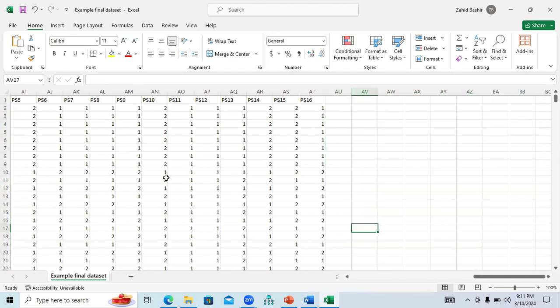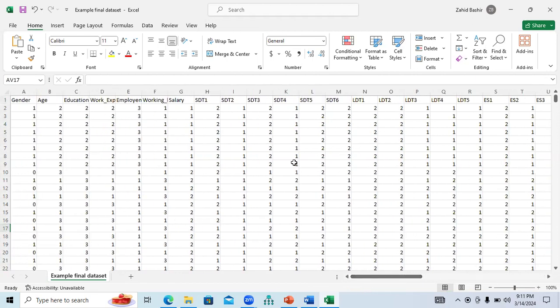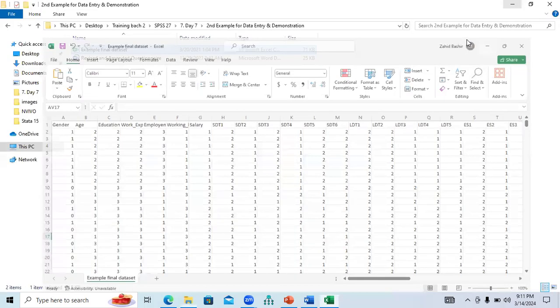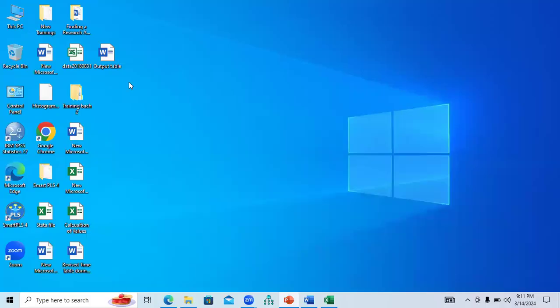So let's suppose I need to use this data. How can I use this data in order to create a summary graph? So let's suppose I need to open here my IBM SPSS Statistics 27 file in order to create my data set here. And in order to enter my data set here,